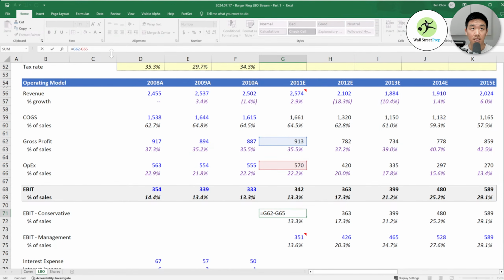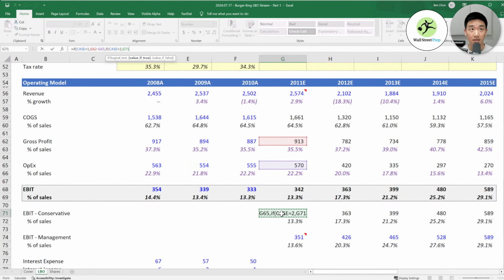So basically it's if case equals 1, right? So if the case is on conservative case, then we want what we have here. Simple as that. But if not, then we're adding another if statement in here. So if case equals 2, then what you want is the actual cell here.